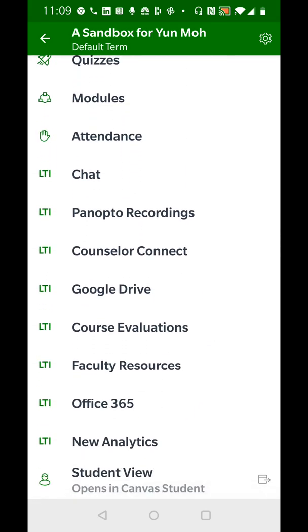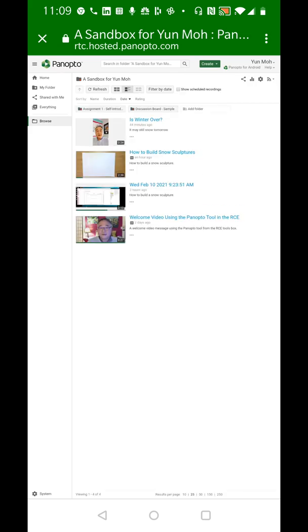All right, so there's a few things here. You can actually record Panopto recordings. So, when you are going around your business, and then if you find something interesting that you want to record and share with your students, you can do that with your phone. Just go ahead and click on Panopto recording, and then in the top right corner, there's a green button called Create. And so this is one of the videos that I created